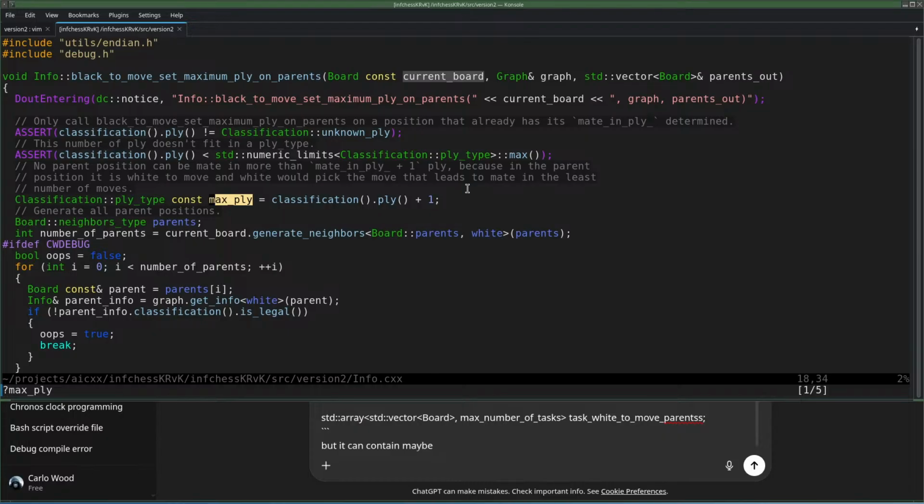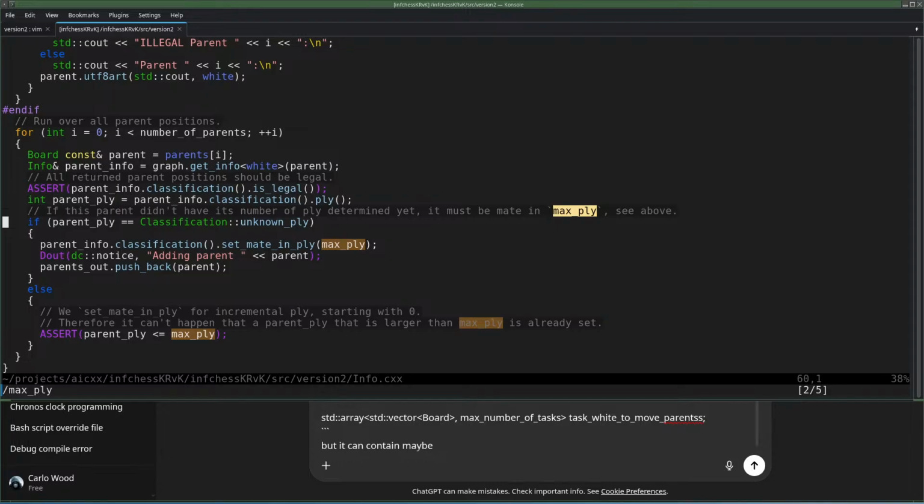And then from the parent point of view, where white is to move, the fastest way to give mate is max ply, which is 1 more than the current one. In other words, as soon as we find a parent where this is not set yet, we add it to